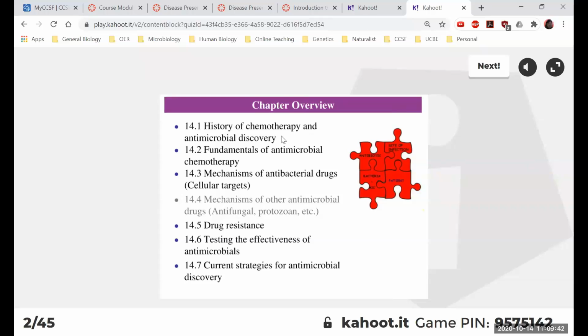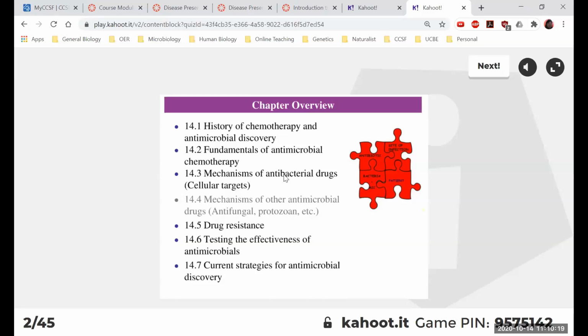So we start by talking about the history of chemotherapy. Most of you, if you're like me, when you hear the word chemotherapy, automatically think about cancer, because that is one of the major cancer treatments. But in our context, chemotherapy is much broader. It's literally just using chemicals for treating disease. So in our case, we are still talking about using antibiotics to treat a bacterial infection. And we'll talk about some fundamentals in using antibiotics for treatment.